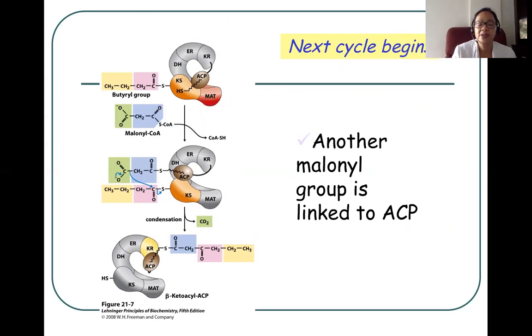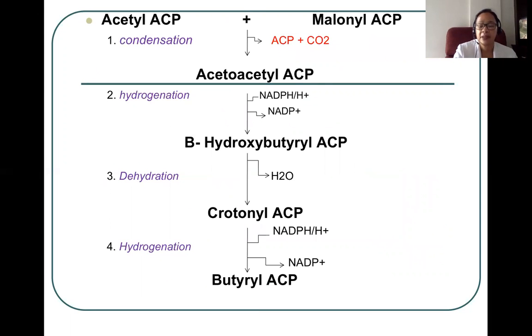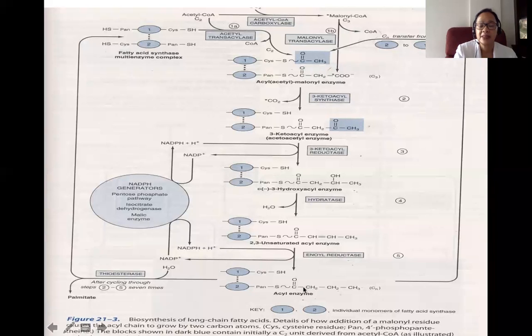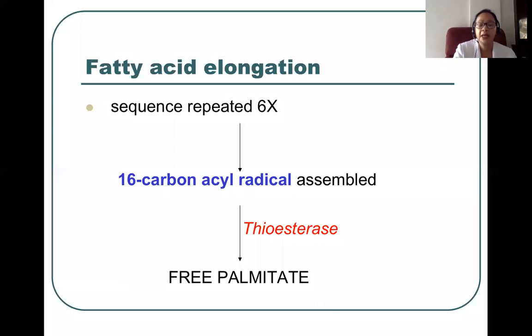Another malonyl group is already linked to another ACP and combines with a 4-carbon molecule that has been formed during the first process. So this one, the acyl enzyme, goes back again and condenses with malonyl. Therefore, this sequence is repeated 6 times, so that you can have a final product, which is a 16-carbon free